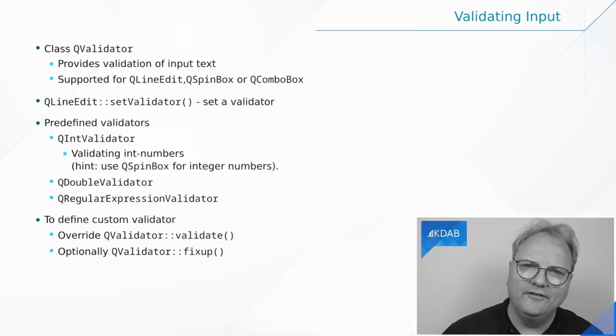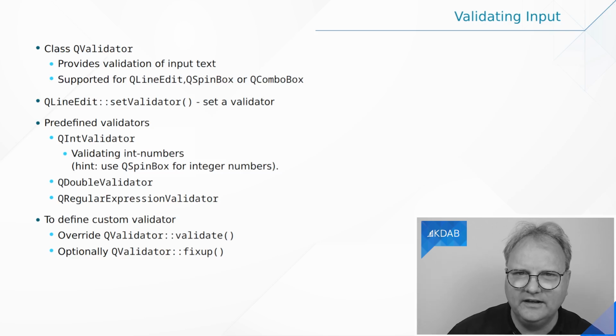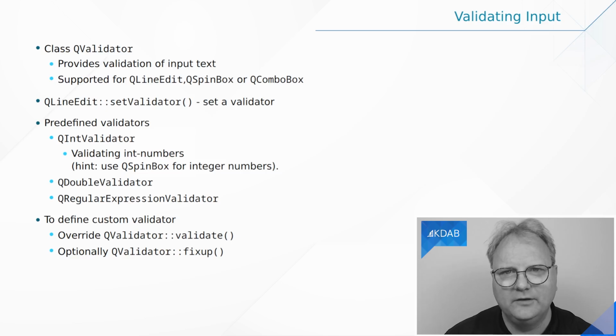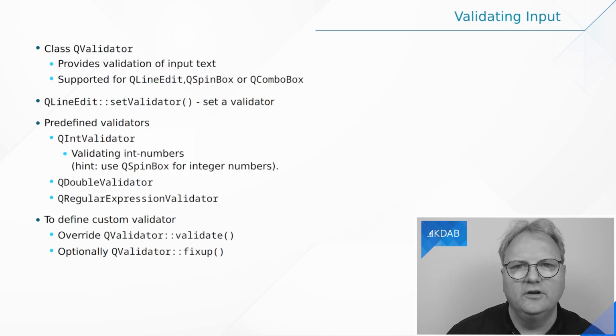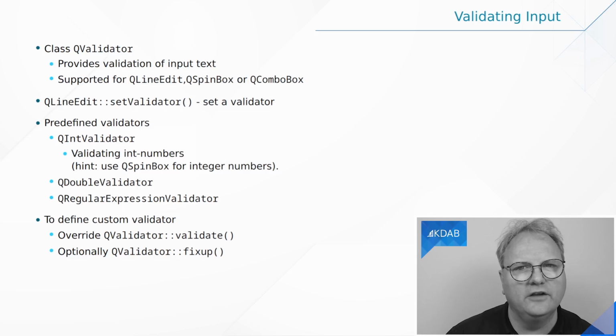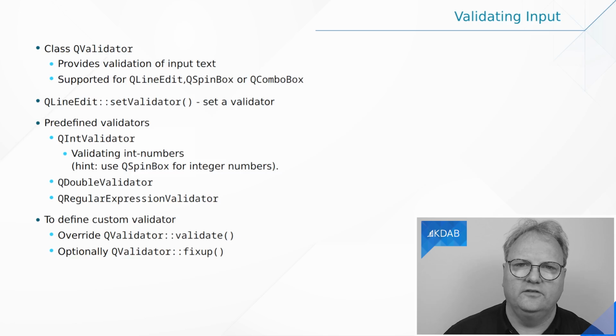So we have 3 different built-in validators. We have int validator, allowing only integers, double validator, allowing doubles, and finally, we have QRegularExpression validator, where if you can represent what you want as a regular expression, then that would be good enough. I wouldn't be up for writing a regular expression for specifying the IP number ranges, but in that situation, what you do is simply subclass from QValidator yourself and implement 1 or 2 methods from the superclass.